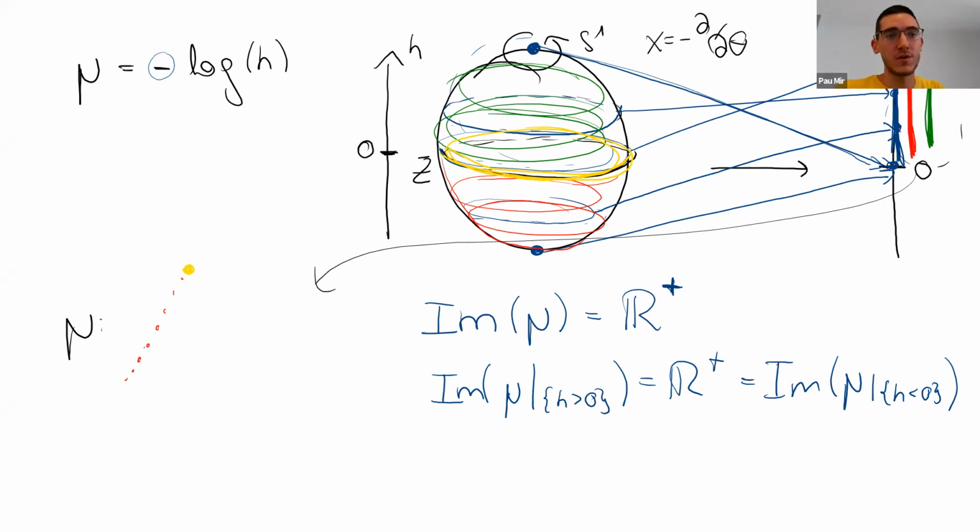And when we cross the equator and arrive to the circles in the northern hemisphere, we have for each circle a point also in R plus. So in fact, this is continuous. I mean, there's a continuous family of circles in the northern hemisphere and in the southern hemisphere. So the idea of the moment map of an action on a bisymplectic manifold is that we will have